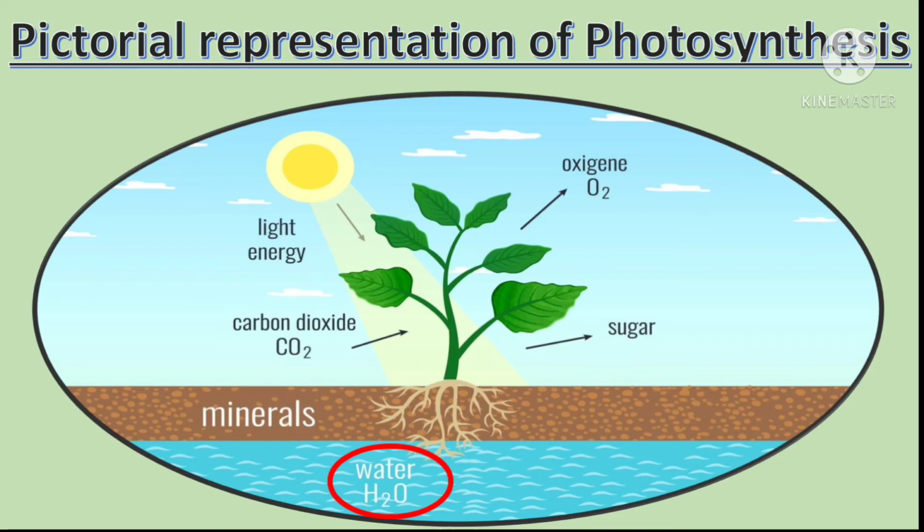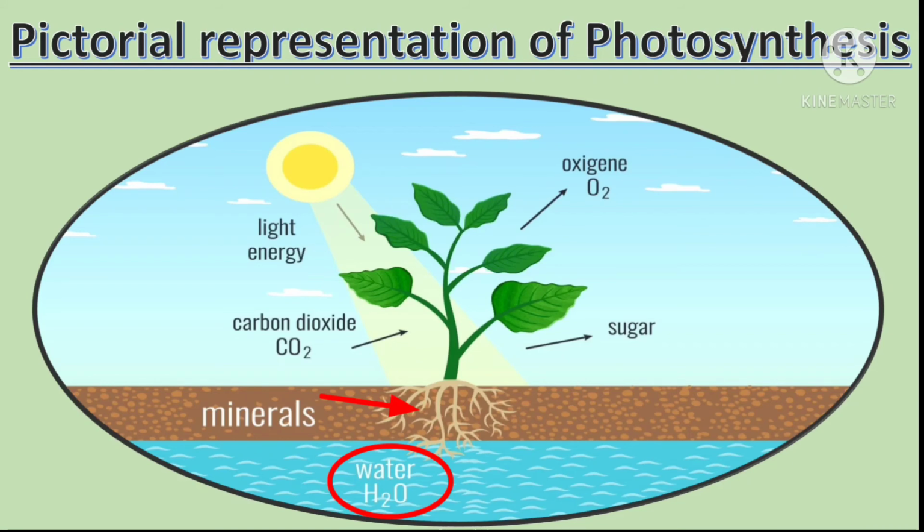We know that soil contains water, or we water plants through soil. So the roots of the plant absorb this water, and now this water and carbon dioxide together combine in the leaf to form glucose, which is